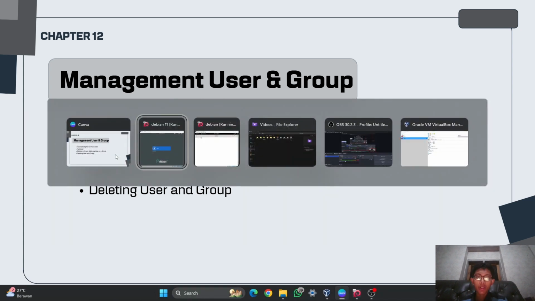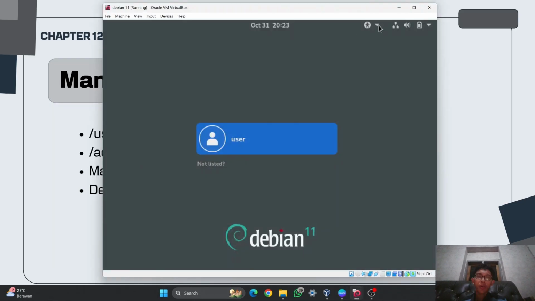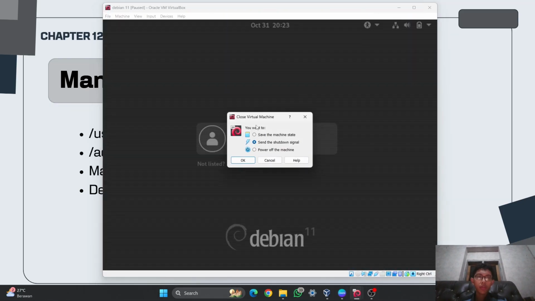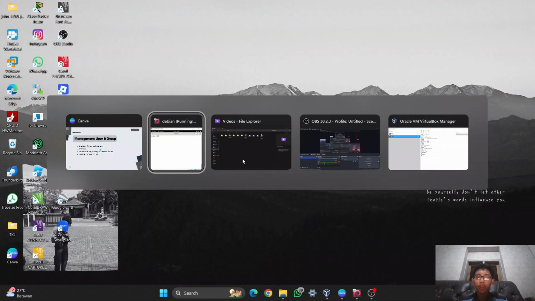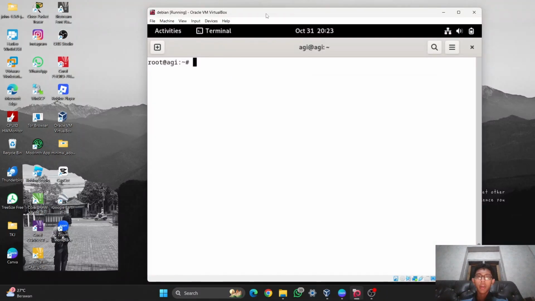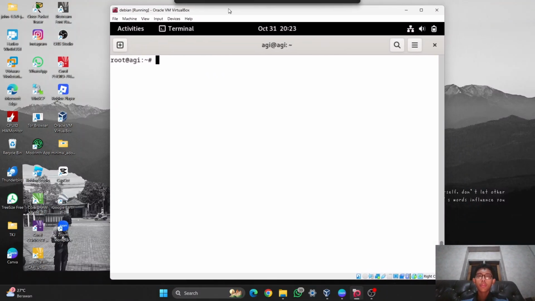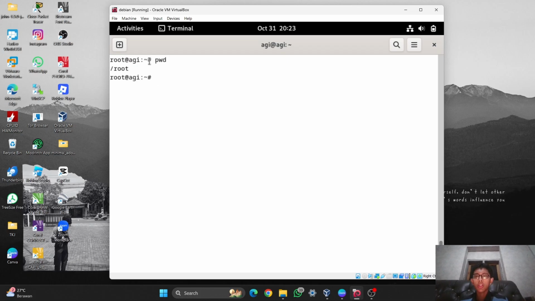In here, I will open my Debian. I will shut it down, and I will open my Debian. And in here, you have to log in into the root, and make sure you are on /root.